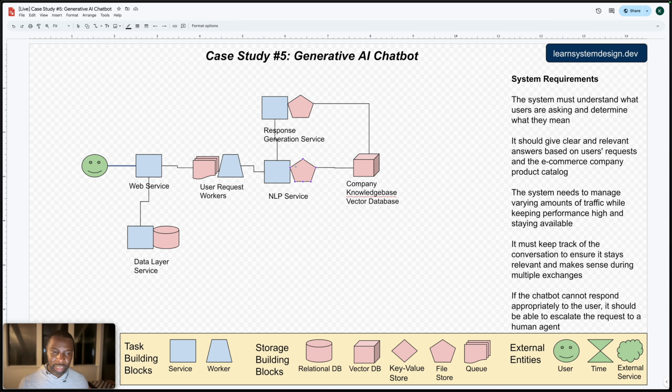So that's one thing to think about. That's why we have user request workers here. The idea is the user goes in and sends a request, the web server saves the message, then takes all of the messages from that chat and sends them to a queue. A worker takes from that queue, runs it through the NLP service that connects to the knowledge base,